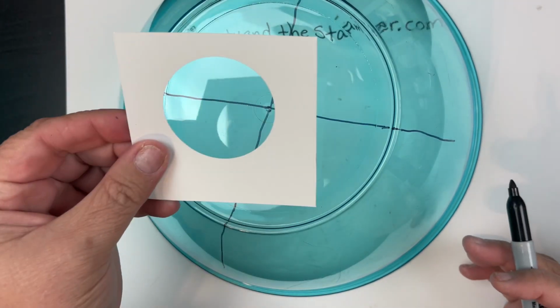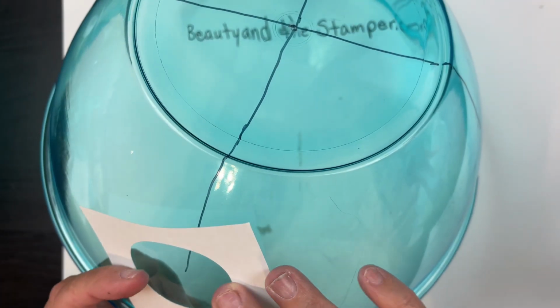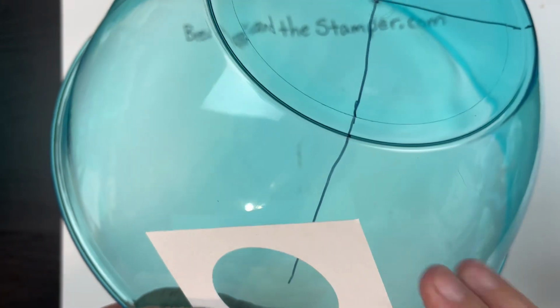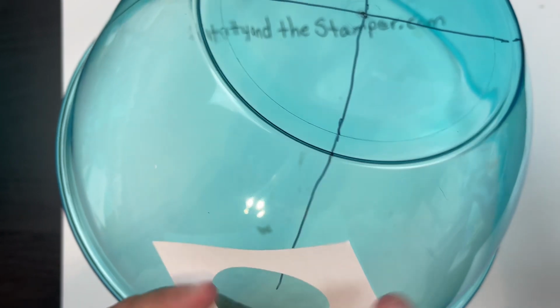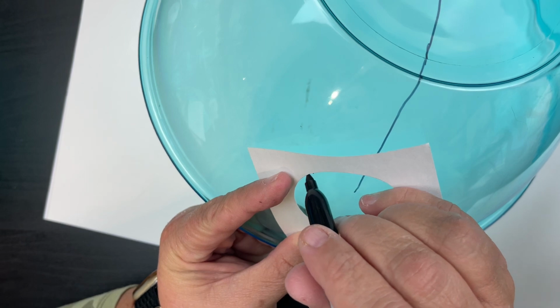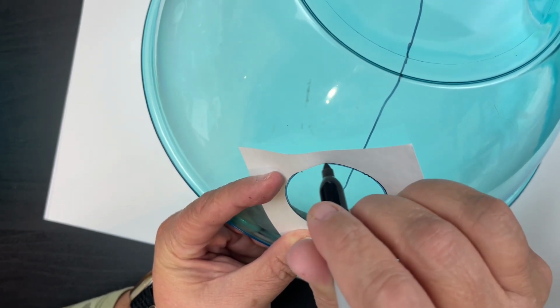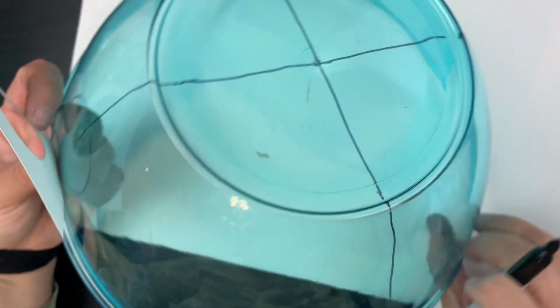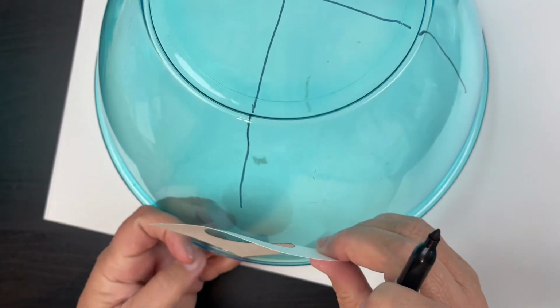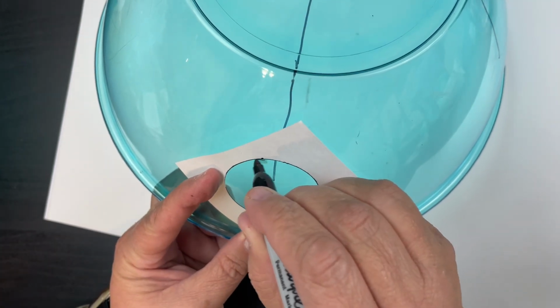And then I just have a little 2-inch circle. And we're going to put that 2-inch circle, I'm just going to take the corner of it. It just happens to work out. And I'm going to use this as a template to make a circle. And I'm going to do that on all 4 sides. And then,